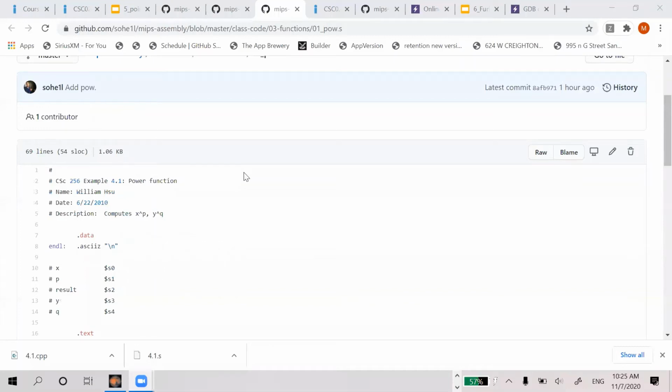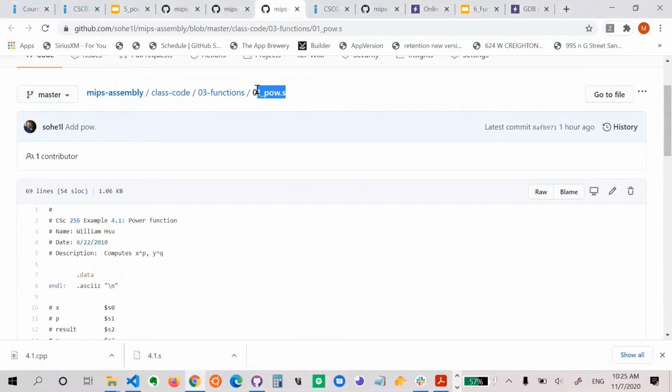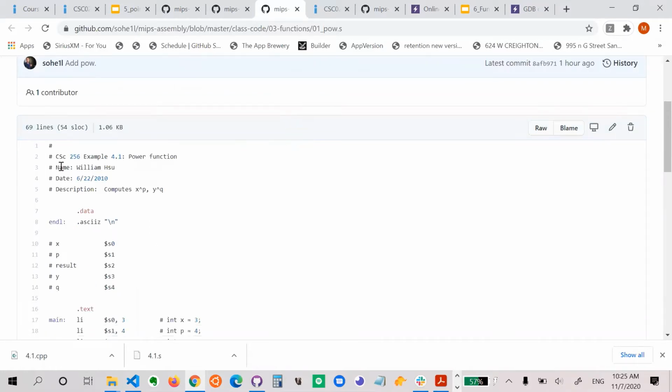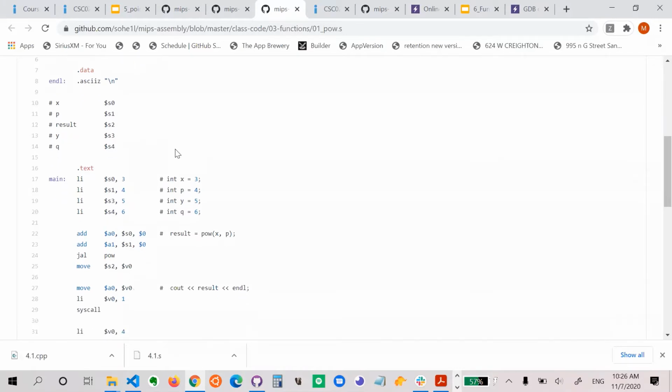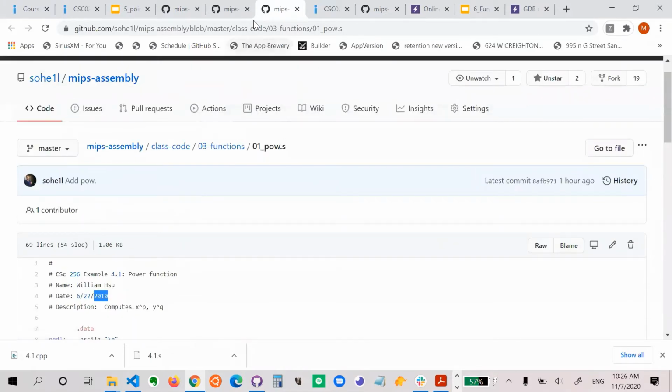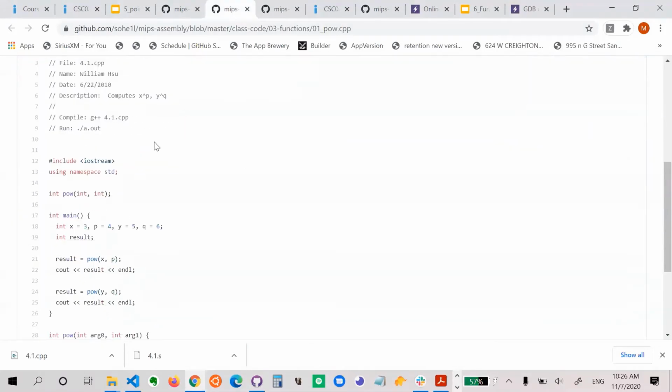So this is the example for basically the power function. We saw this in a slide before, but here we're actually going to walk through it. This is actually with Professor Su, originally, some time ago. Okay, so let's actually look at the C++ first to see what we are doing, and then we can basically